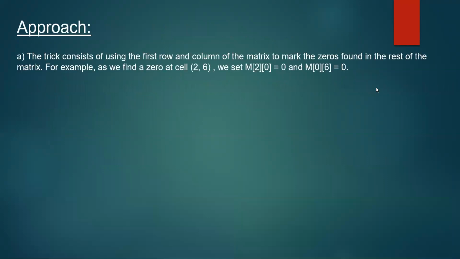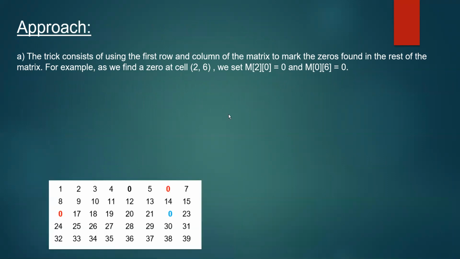We are going to use a trick here. The trick consists of using the first row and column of the matrix to mark the zeros found in the rest of the matrix. For example, in the same matrix, we have a 0 at the 2 comma 6 location, right? So whenever we find a 0 at any cell, say for example 2 comma 6 here, we set the second row's first column,